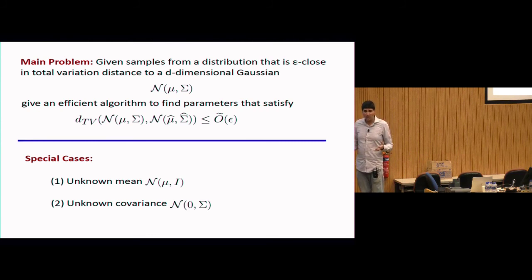So what if I make your life easier? I could promise you that the unknown covariance sigma is actually the identity. That's a spherical Gaussian. I'll call that the unknown mean case, because your only job is to find what this unknown vector mu is. And another important special case is when I promise you that the unknown mean is 0, and your only job is to determine the unknown covariance. So in the nomenclature of robust statistics, these would be called robust estimates of location and scale, respectively. So I'll study these two problems first and then explain how things fit together.